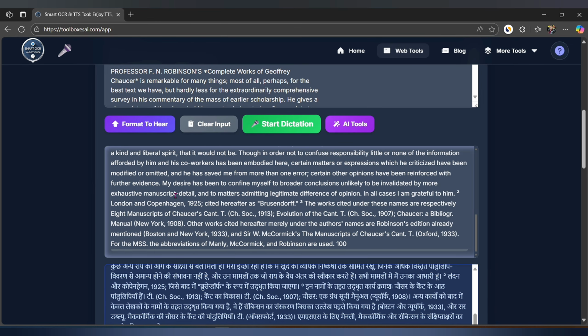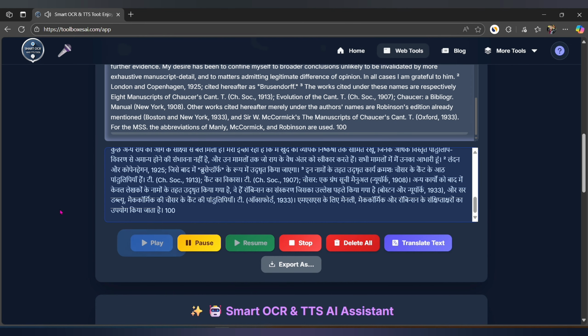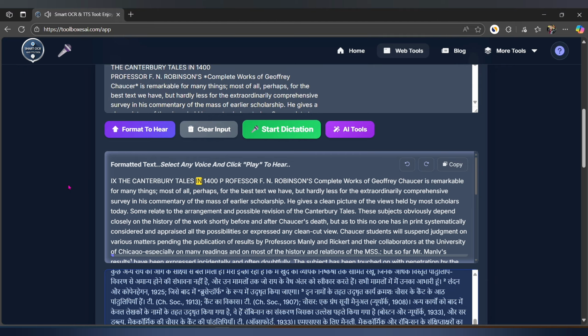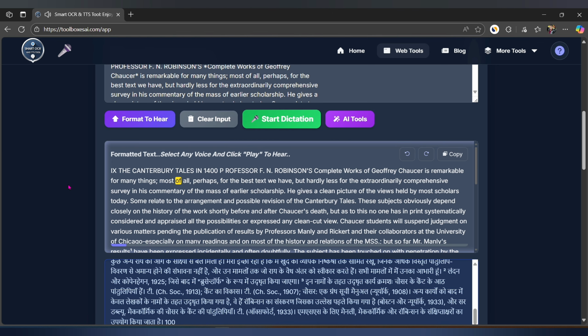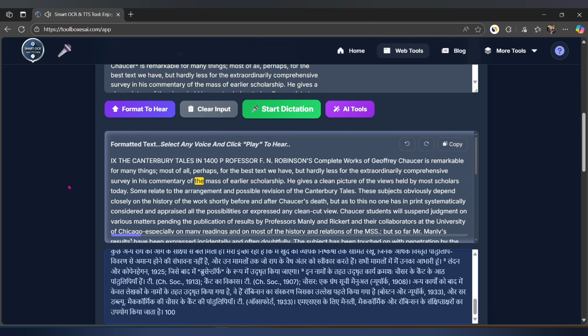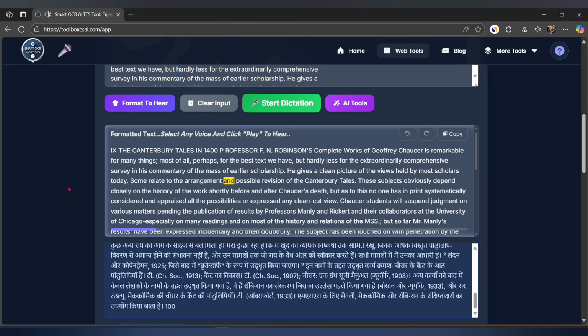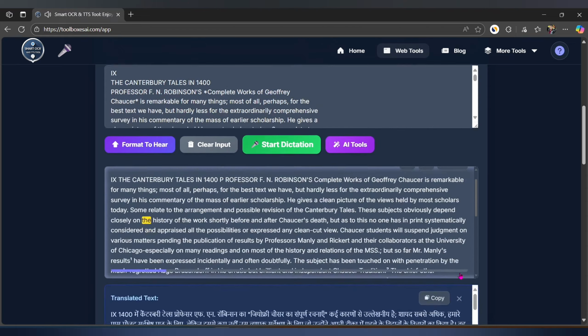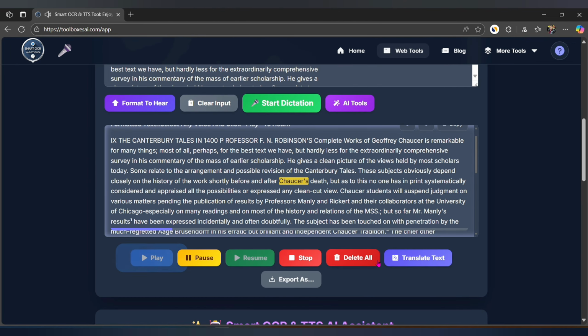So now we have selected a voice and let us see how it is. 9 The Canterbury Tales in 1400 Professor F. And Robinson's complete works of Geoffrey Chaucer is remarkable for many things. Most of all, perhaps, for the best text we have, but hardly less for the extraordinarily comprehensive survey in his commentary of the mass of earlier scholarship. He gives a clean picture of the views held by most scholars today. Some relate to the arrangement and possible revision of the Canterbury Tales. These subjects obviously depend closely on the history of the work shortly before and after Chaucer's death, but as Okay,